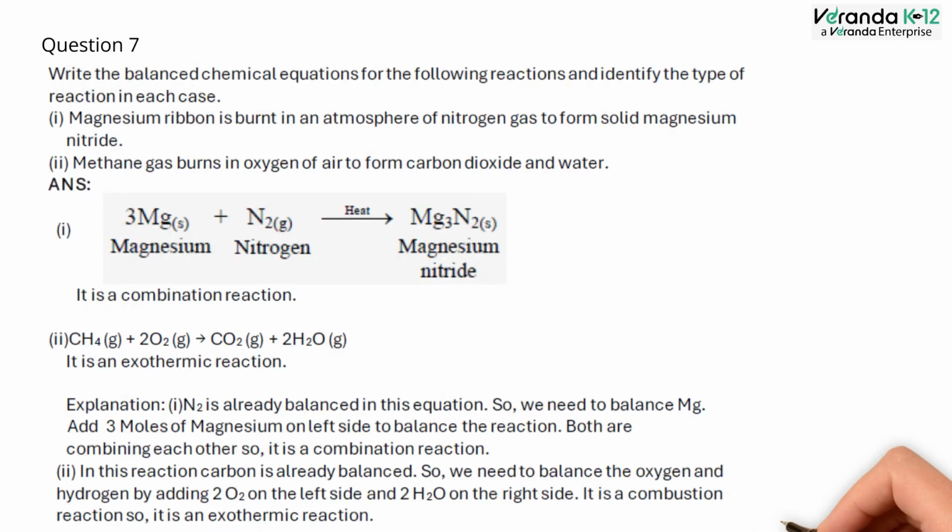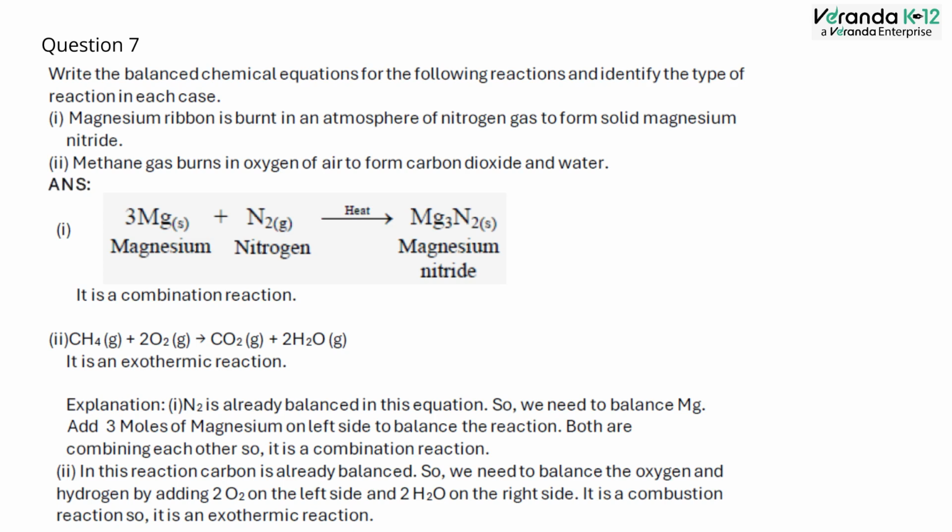Question number 7. Write the balanced chemical equation for the following reactions and identify the type of reaction in each case. 1. Magnesium ribbon is burnt in an atmosphere of nitrogen gas to form solid magnesium nitride. Mg plus N2 gives Mg3N2. In this reaction, nitrogen has already been balanced. We have to balance the magnesium. Since Mg3 is present on the right hand side, we have to put 3Mg on the left hand side. So now the equation is balanced as 3Mg plus N2, in presence of heat,